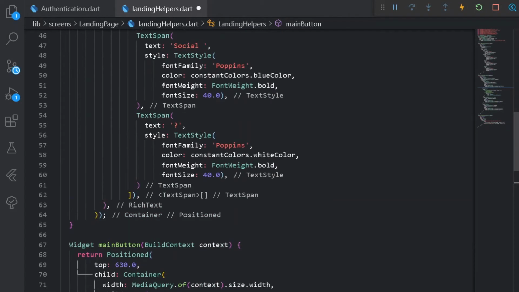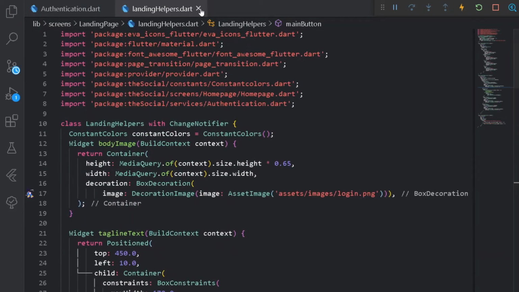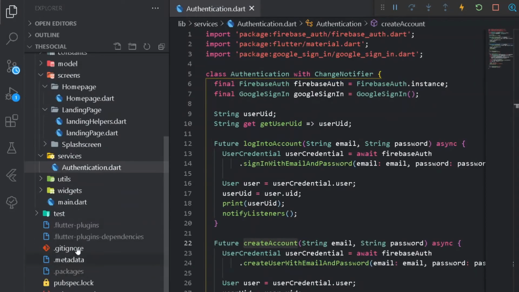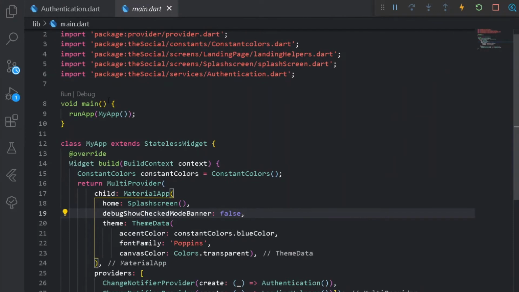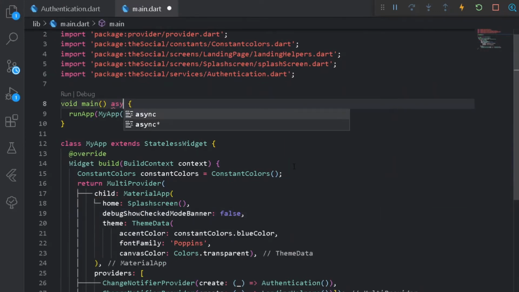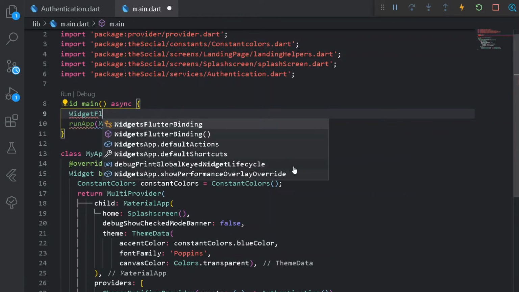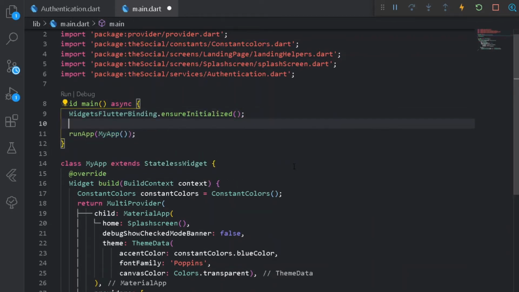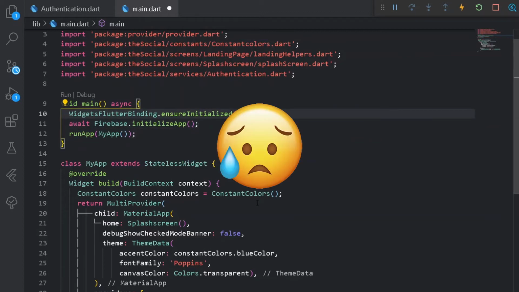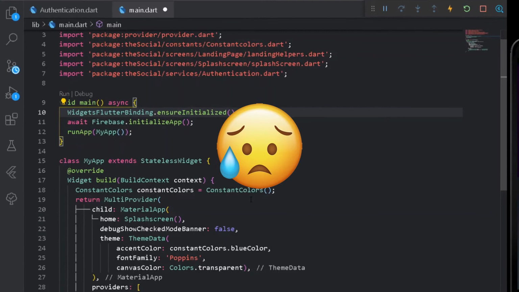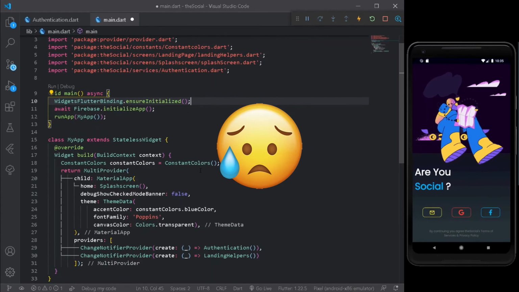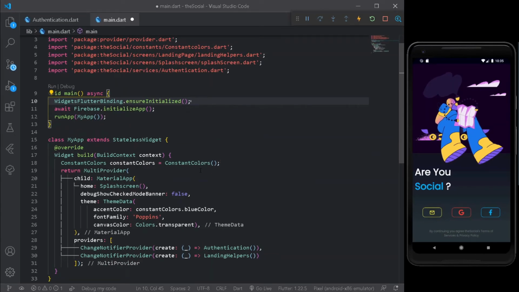Now we can do one thing, that is assign a Firebase core method under our main.dart file, so we won't get any error according to the new update of Firebase. So under my void main I can make it asynchronous. Now under the following method I can simply write WidgetsFlutterBinding.ensureInitialized, and after that I shall be simply awaiting, alright, await Firebase.initializeApp. Easy as that. Now sometimes it may happen that your application may crash as we are going to add a main dependency under our main method. So no worries, press Ctrl and S.